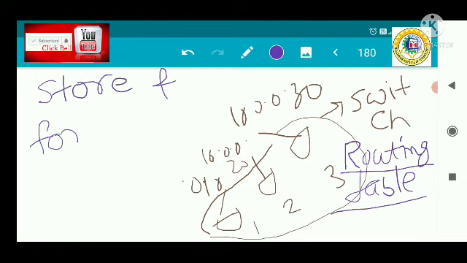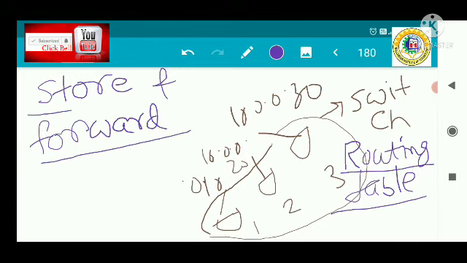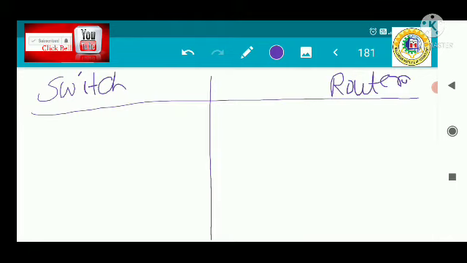That means whatever data packet comes into its port, it can first store it, so that no collision can happen within the data. That is an important characteristic of the router. Next, we want to differentiate.